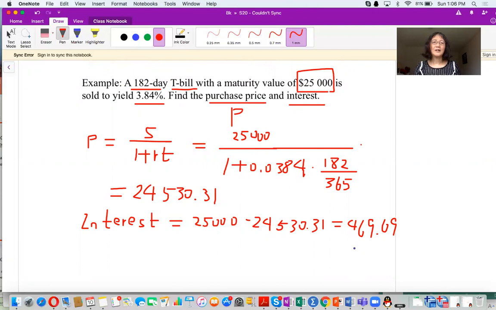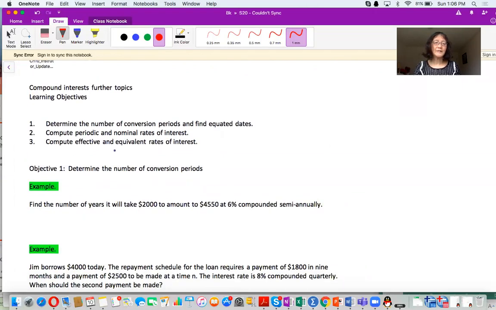Next, let's talk about some further topics on compound interest. So specifically, we are determining the number of conversion periods. And we'll compute the periodic and nominal rate. Finally, we'll compute the effective and equivalent rate of interest. We are going to achieve those objectives by doing some examples. The first example,